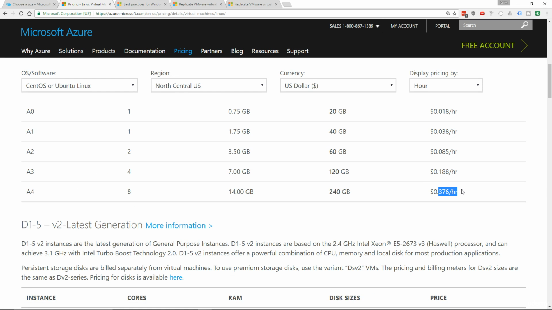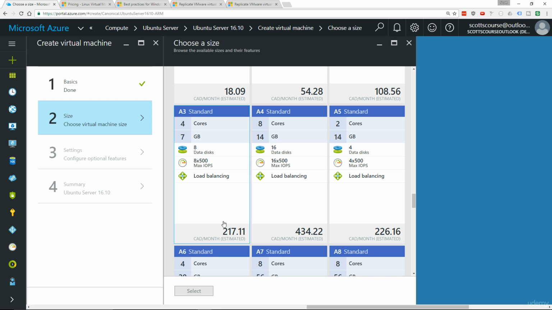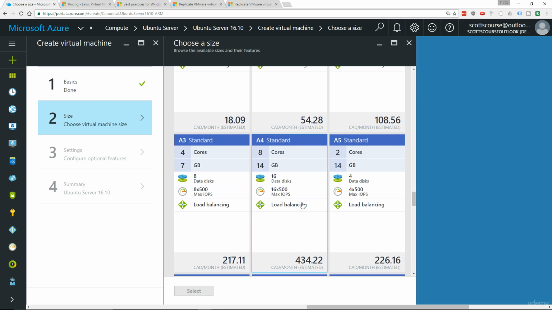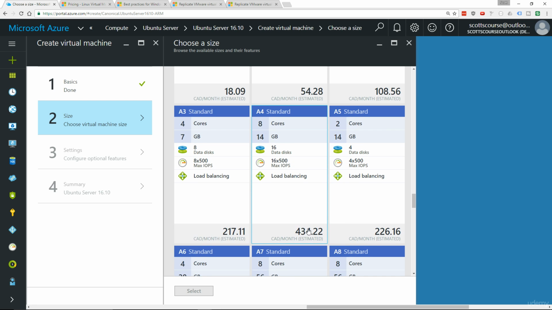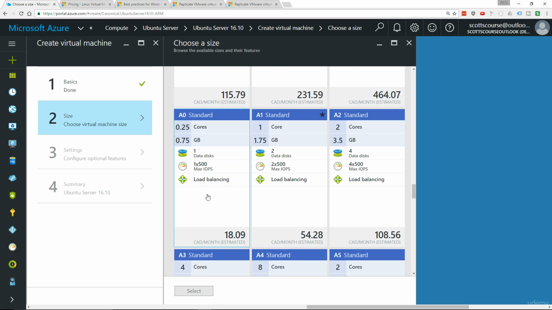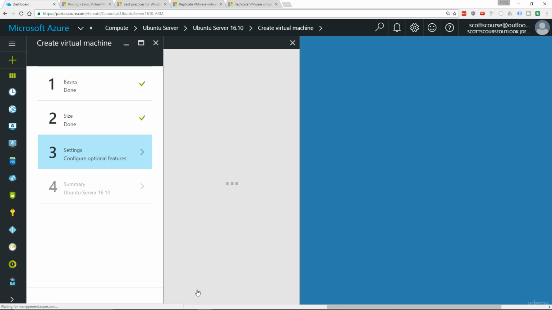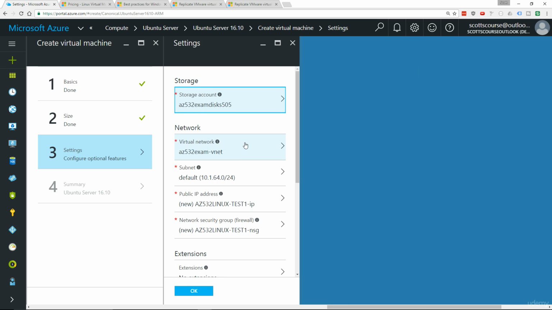So the cost is not quite half, maybe 30% less, 40% less, but it's still $400 a month for a Linux box. So the cost of Windows has an impact, and maybe it's roughly half, but the cost of the box itself can get expensive. So I'm going to pick the same size, which is A0, $18 a month Canadian. Like we saw, it's 2 cents per hour roughly. So